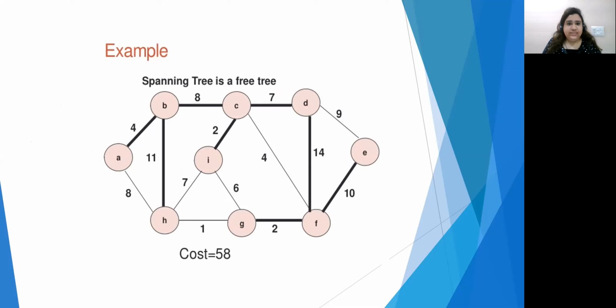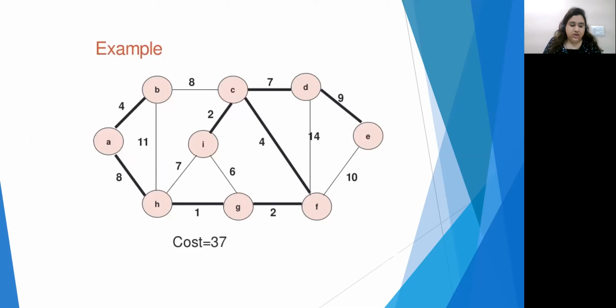This is one of the spanning trees of the graph shown in the previous slide. As we know, one graph can have many spanning trees and is not limited to having only one spanning tree. So now let's have a look at what is the minimum spanning tree of this graph. This is the minimum spanning tree, or MST, of the previously shown graph. It has a cost of 37 units, which is the minimum cost.